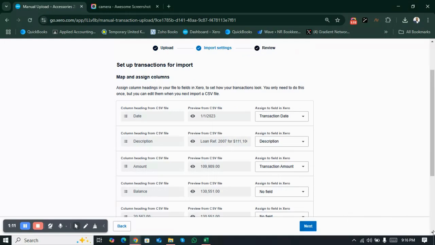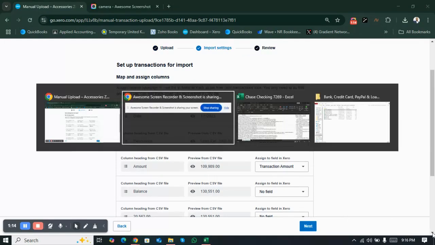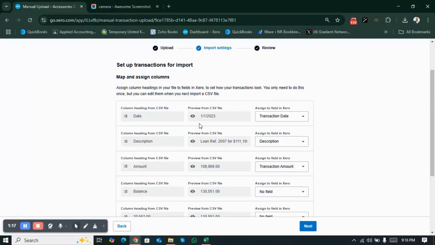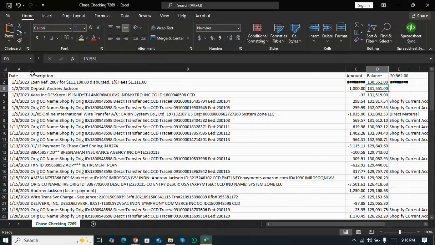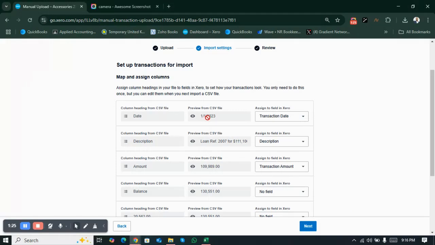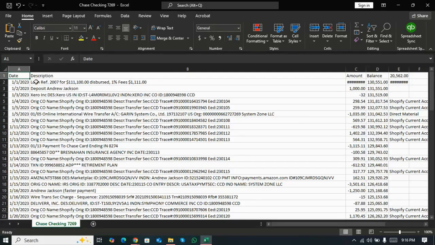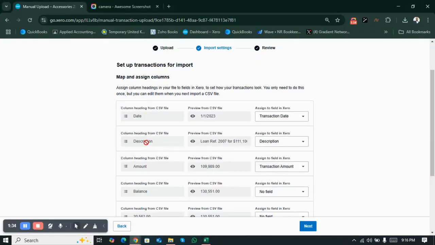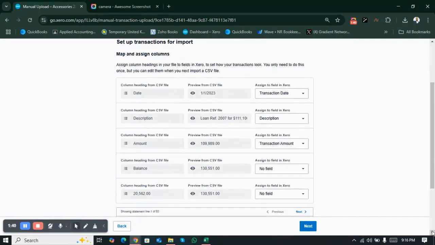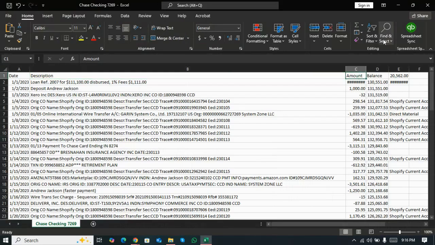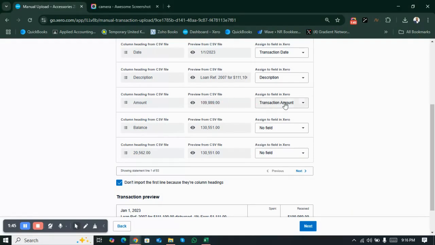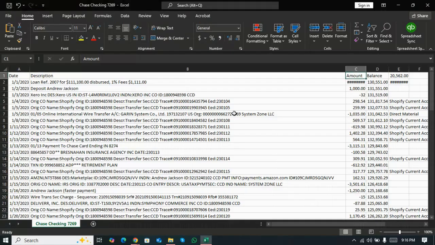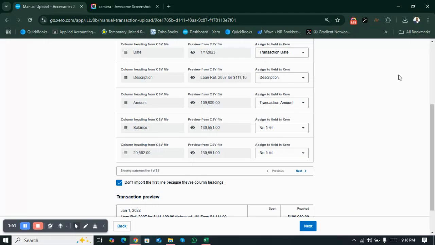Now this is the tab for matching your bank statement data with the Xero format. The column heading for the CSV file, first column is for the date, and the preview is showing here, and also assigned to the Xero will be the transaction date. The second column is the description, and you can see Xero and my CSV file are showing the same. The next one is for the amount, and also in Xero this will be the transaction amount, and the balance and the other field is not actually